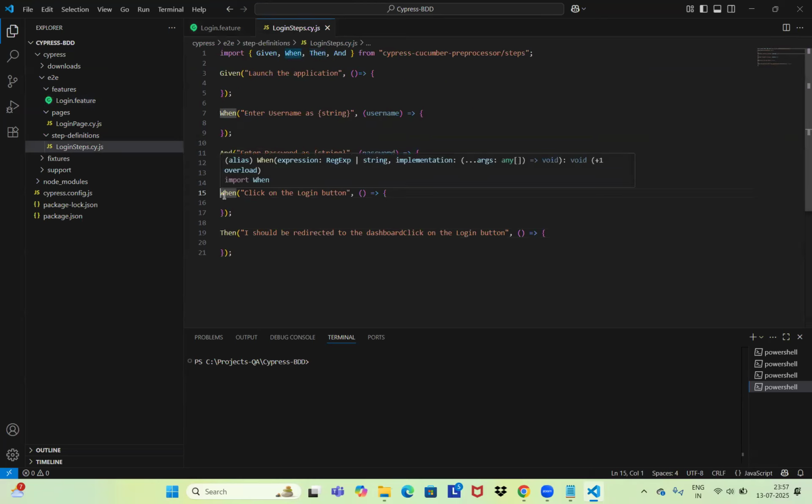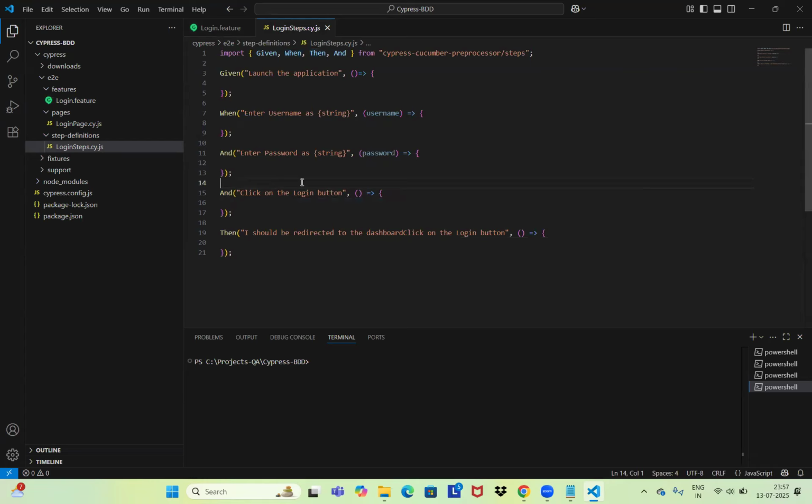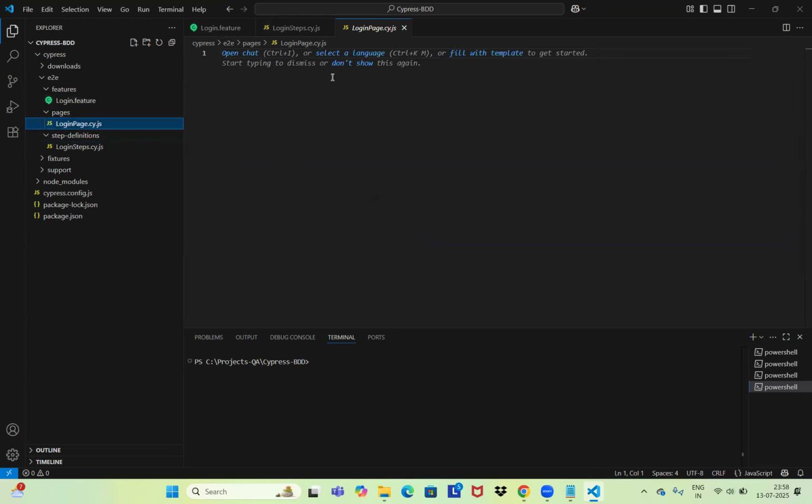Right. This is our test case. Right, guys. Now, launch the application, enter username and the password, click on the login button, dashboard. So this is our test case. Now, we need to create the elements for this one, right? First, launch the URL. Go to pages, create the